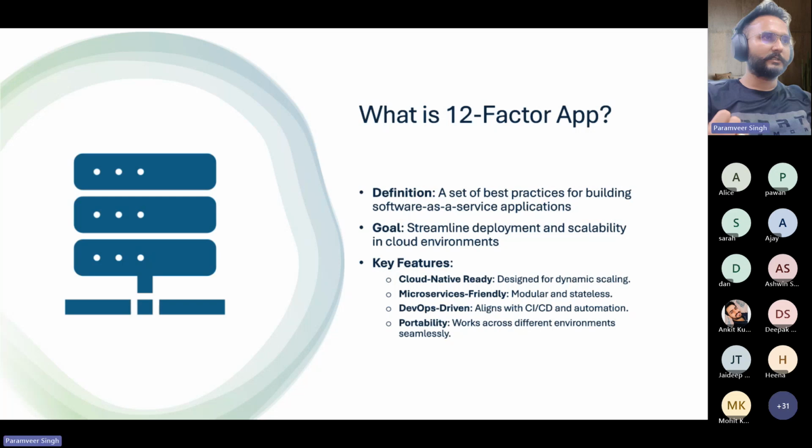Now, what do we mean by cloud native ready? Which means that any application, any software that you're building today, if it is using cloud systems at some point, these set of guidelines fit perfectly for you. Microservice friendly, which means that if you have a system that is decoupled in different services or different processes, then these set of principles also conform to that, or it is also able to address the implementation of microservices as well. DevOps driven, it means that